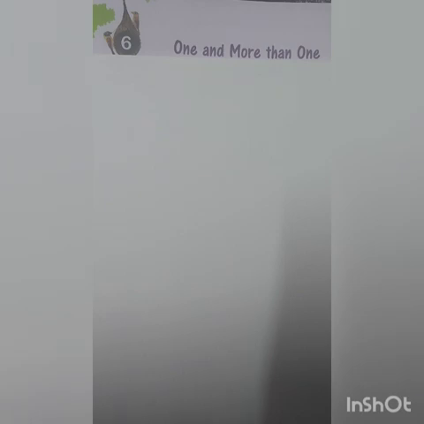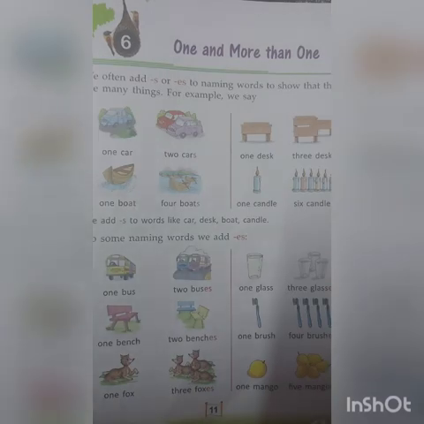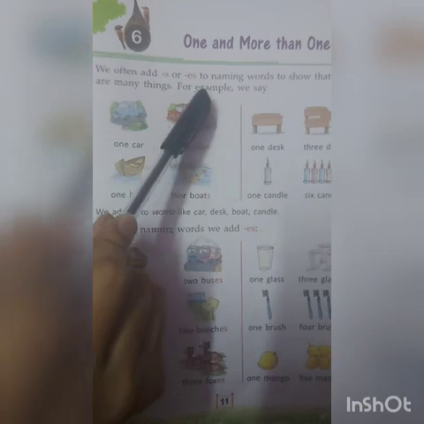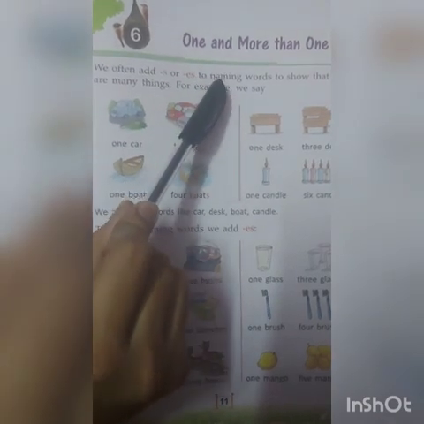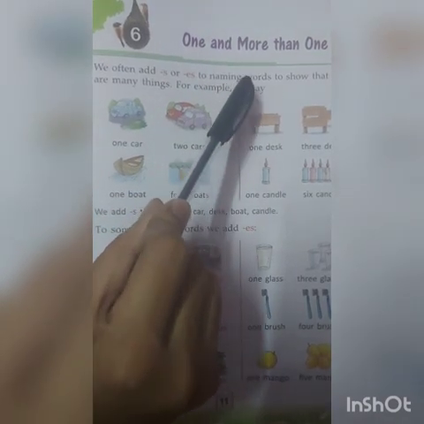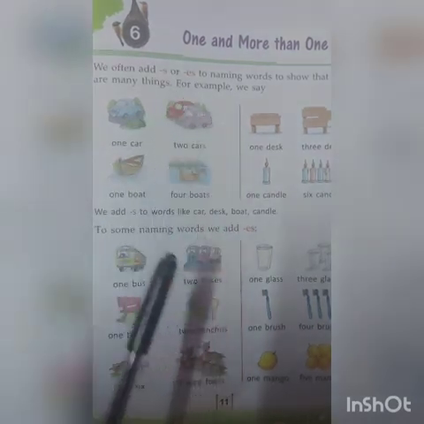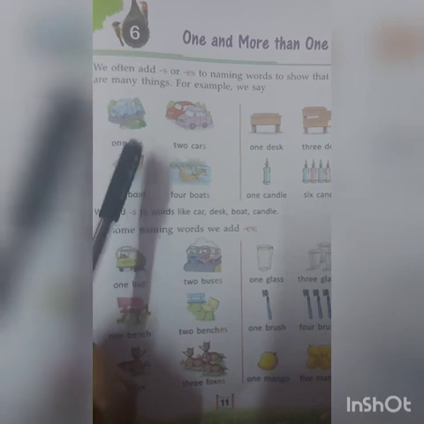Now open page number 11 of your grammar book. So children, to show that there are many things, we add S or ES to the naming words. Like for example, look here.